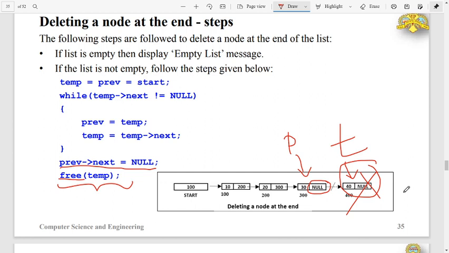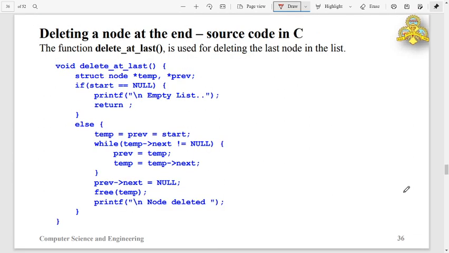Now I will go for source code implementation in C language. This is the function named delete at the last. Observe that I am declaring two more external pointers for the linked list. If the list is null, it is empty. If this is a true condition, it ends here and finishes.